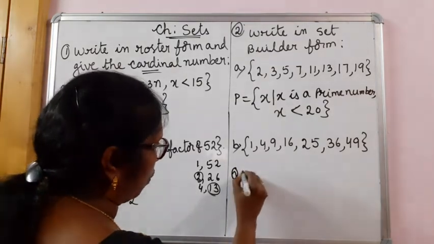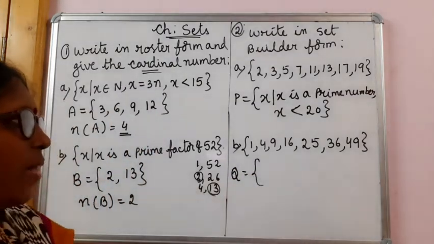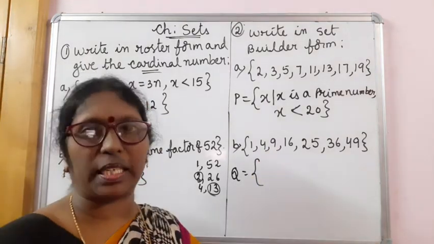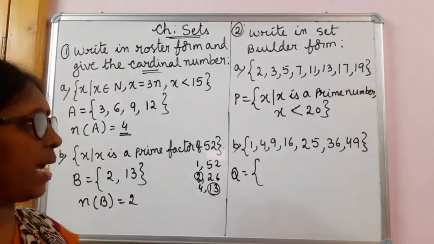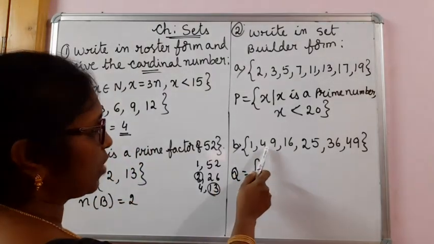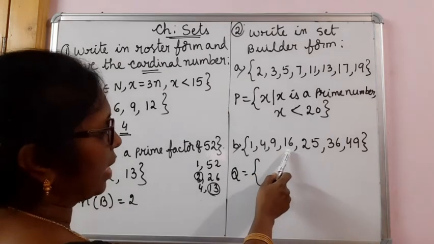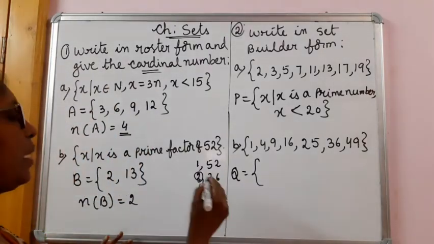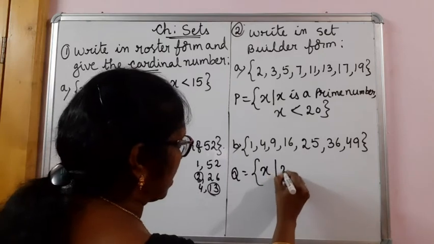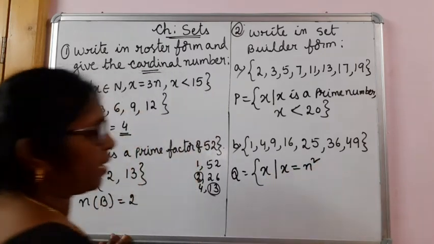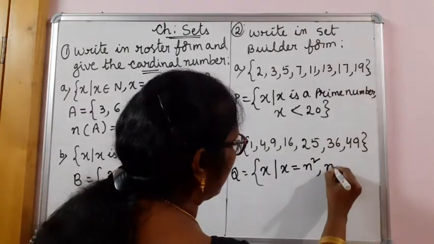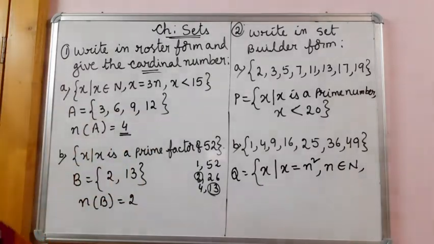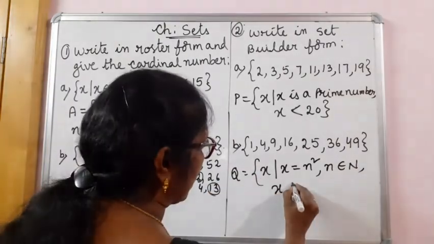Let me name this set as Q equal to, when we see the given numbers 1, 4, 9, 16, 25, 36, 49, we can know that 1 square is 1, 2 square is 4, 3 square is 9, 4 square is 16, 5 square 25, 6 square 36, 7 square 49. So let us write Q equal to x such that x is equal to n square, where n belongs to natural numbers, 1, 2, 3, 4, 5, 6, 7 and all natural numbers, and x is less than